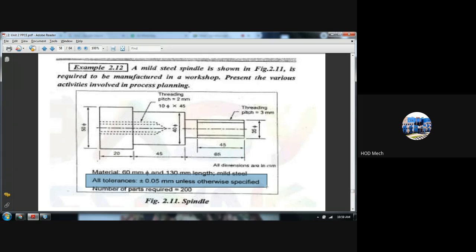If it has only plus or only minus, then what do you call it? Anyone? Unilateral. Very good. Unilateral tolerance. So this tolerance is important. So what will they do with this tolerance? Who will check it? The operators on this machine, when they go for machining, turning, the operator will continuously check whether